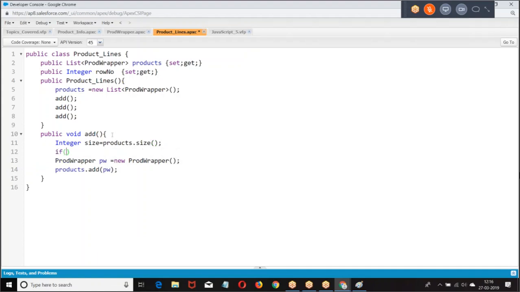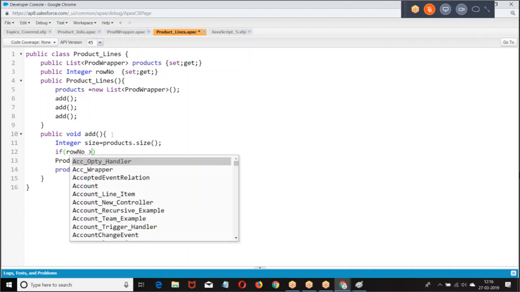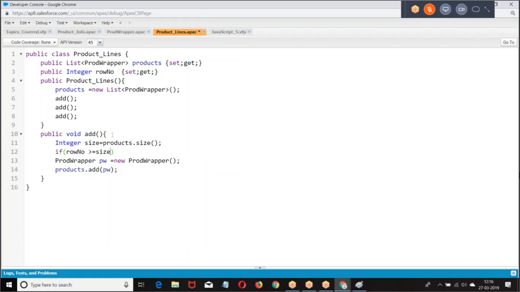If row number is greater than or equal to size, what does it mean? You are at the last position. The row where you click add is the last position. Then automatically where should I add? If you are already on the last row, I have to add in the last position. Am I right or wrong?